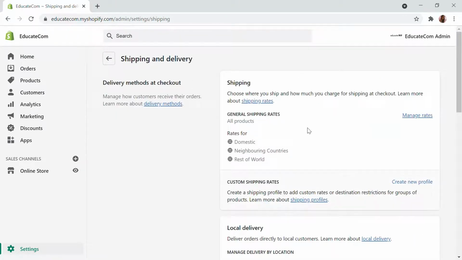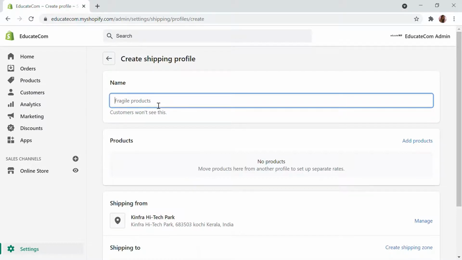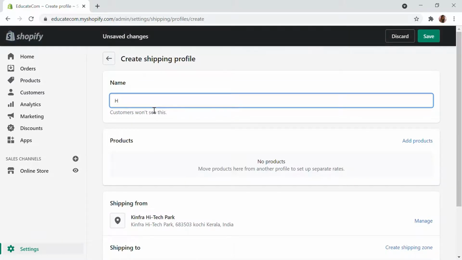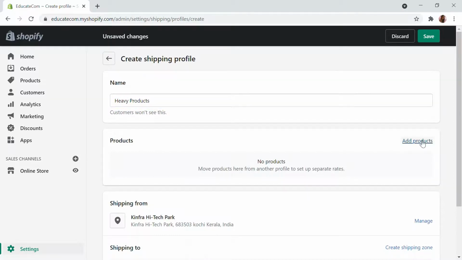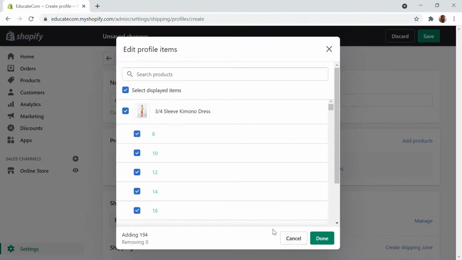Next, we're going to go back to our page. Here you can see create a new profile. Okay, so here I'm going to add a few more products. Again, this is the same process. So I've added a new name for the products, and you can add the products by clicking into this. So if you want to select some products and give those products some different amount or different zone, maybe some products you can't ship to different countries. So for that you can add it differently. Okay, so here I'm going to select some products.